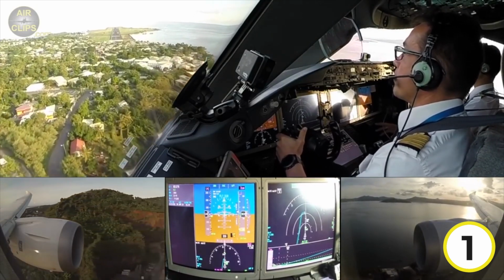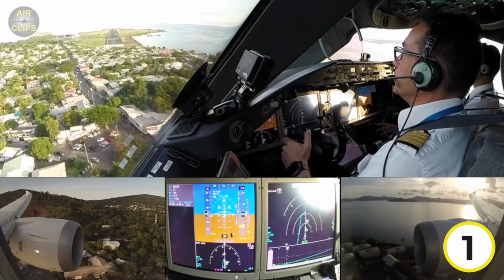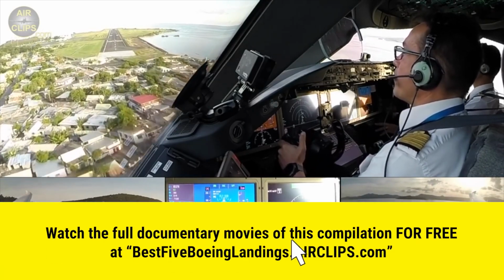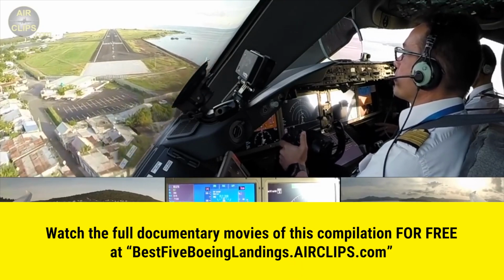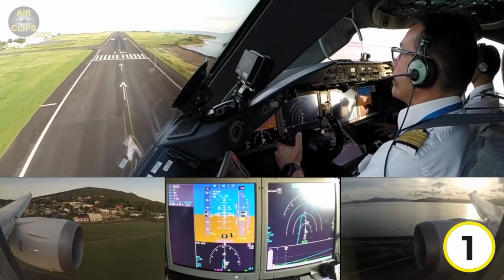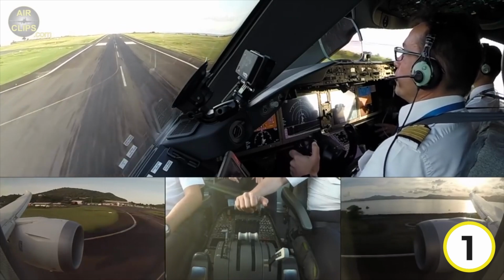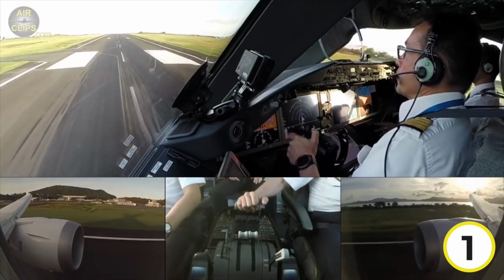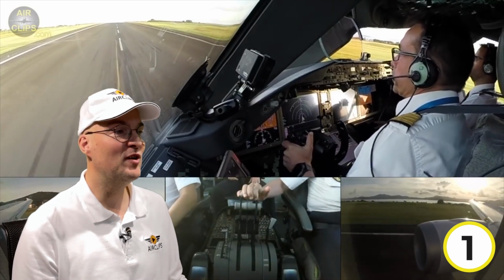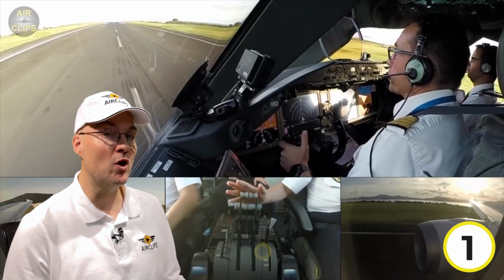200. 100. 50, 40, 30, 20, 10, 5. Speed back up. Here we go, perfect landing, hit the brakes,